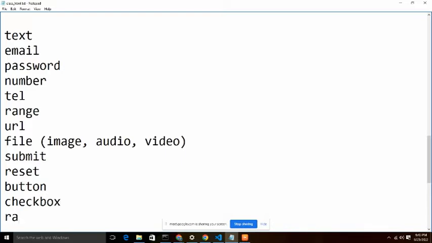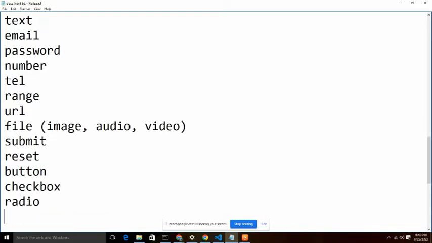We have the radio button. And I don't know how many I've mentioned, but there are so many of them. Let's look at some other aspect of it. Let me just stay with the types for now. We have something like date and time and all that, but most times we don't use them. We have the type of date and time,